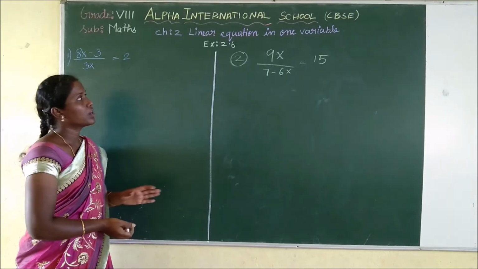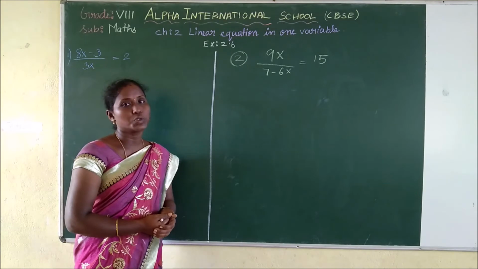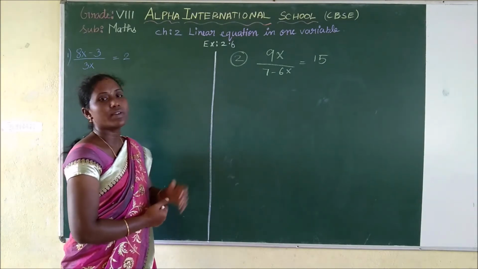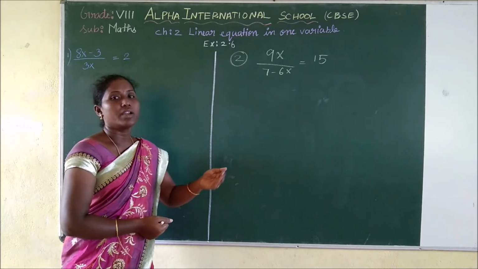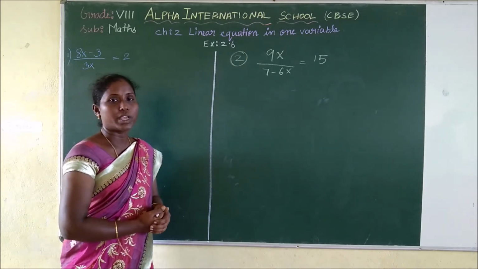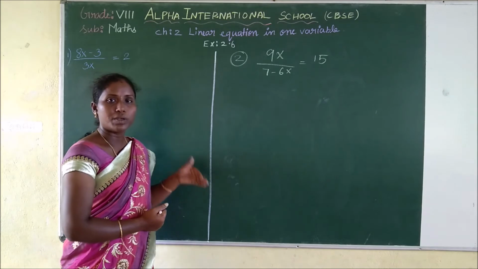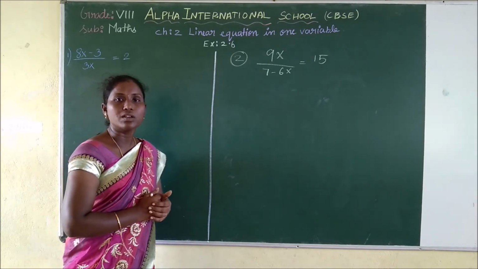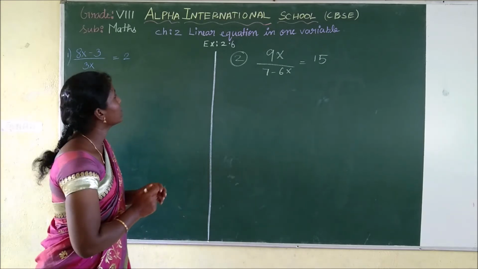So now we are going to see the next exercise 2.6. Okay, here we are going to reduce the given equation to the linear equation, and we are going to find the value. First, the given equation we are going to reduce and form a linear equation. Then we are going to find the value of the variable. In the first problem,